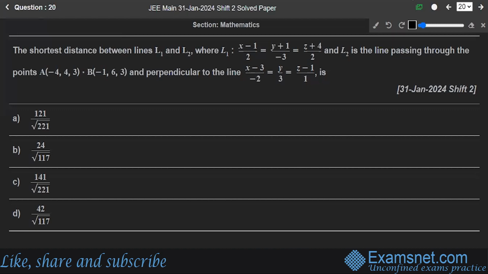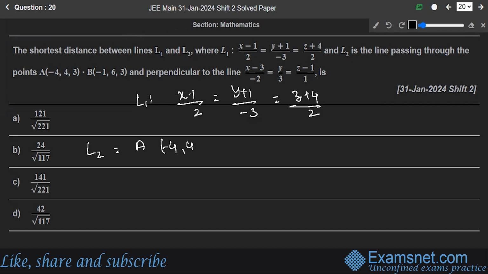Question number 20, the shortest distance between the lines L1 and L2, where L1 is given by this equation and L2 is the line passing through these 2 points and is perpendicular to this line. So first thing, you are having the equation of the line L1 as (x minus 1) upon 2, (y plus 1) upon minus 3, (z plus 4) upon 2. And the line L2, this is passing through the points (-4, 4, 3) and (-1, 6, 3). So the equation of the line L2 will be given by